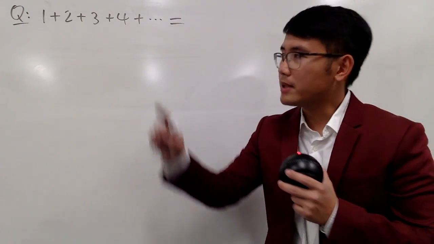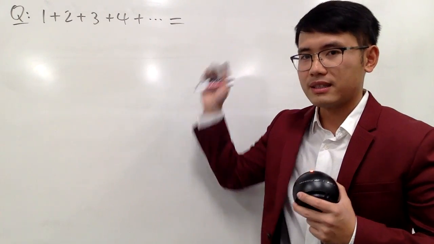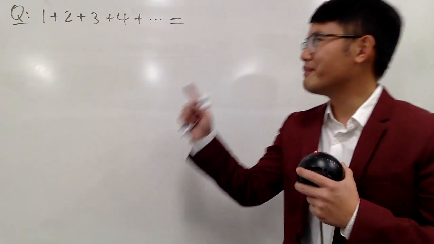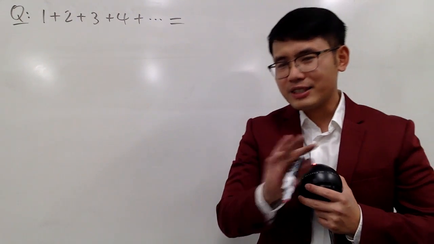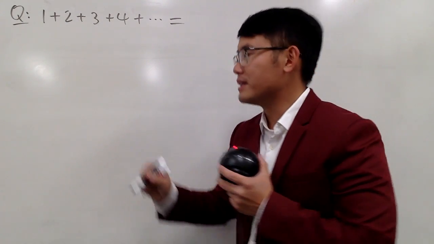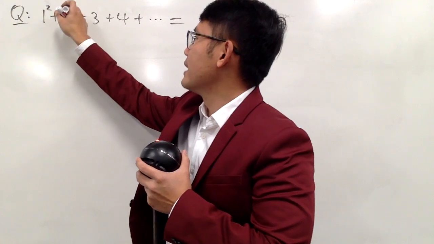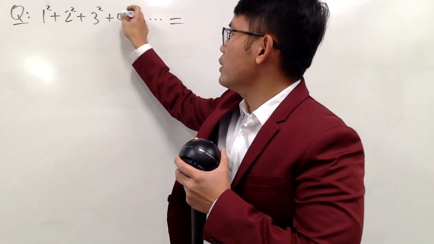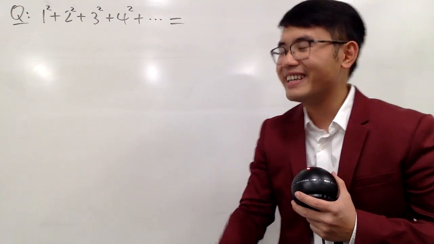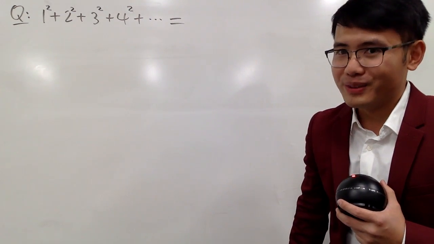Okay, in this video, let's talk about 1 plus 2 plus 3 plus 4 plus dot dot dot, whatever. In fact, let's not do this because we have done this already and there are so many videos on this already, right? So today we'll actually increase the power a little bit. Let's talk about 1 squared plus 2 squared plus 3 squared plus 4 squared and so on forever, okay? The sum of n squares. How can we do this?